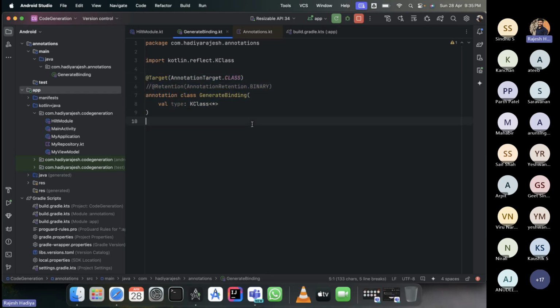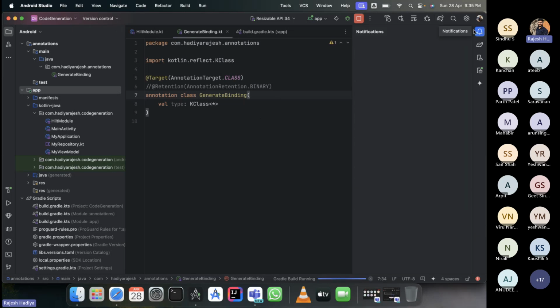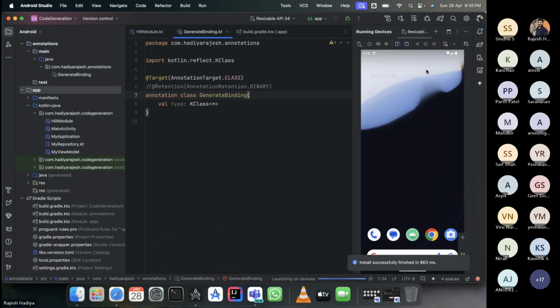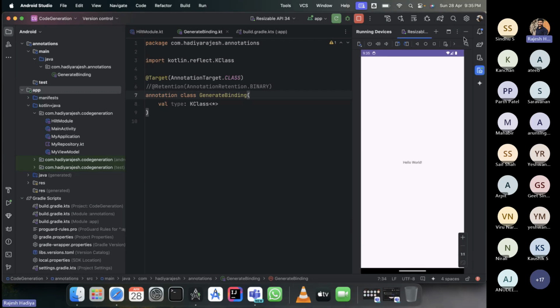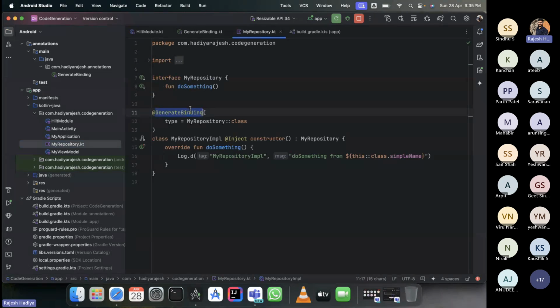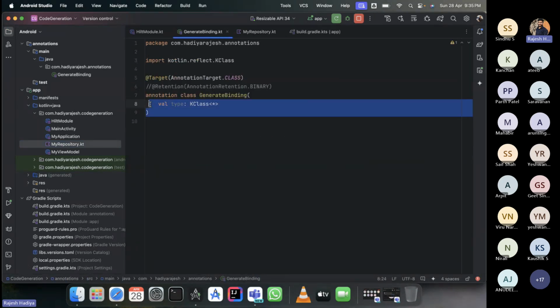So we just created our own annotation. If I run this, nothing will happen because we just wrote a simple class. I mean, we did nothing else. So no processing will happen. But let me just run the application in case, to verify things are good, and then we will write the annotation processor. Okay, application is running well and good, awesome. Now we want to generate the code using this annotation. So we will write a code that reads these annotations on all of the classes, generates the code, and gives